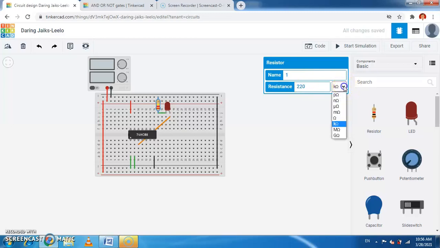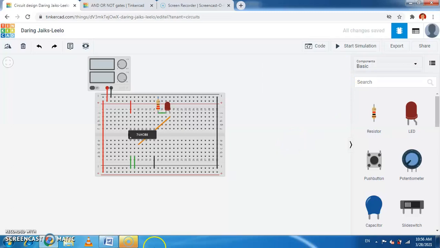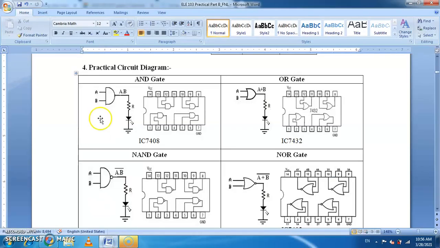You can select the unit also here, that is ohm. So in this way we build this circuit, which is a practical circuit. Pin number one is A, pin number two is B. Then the output, that is pin number 3, is connected through the LED, through the resistor, and one of the resistor terminals is connected to the ground. This cathode is connected to the ground.